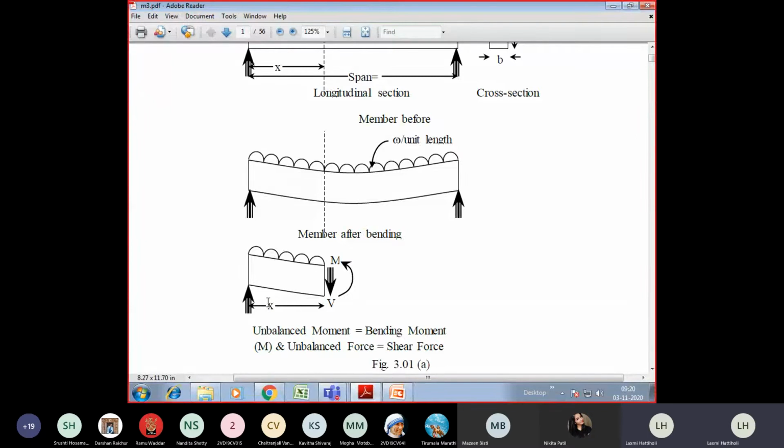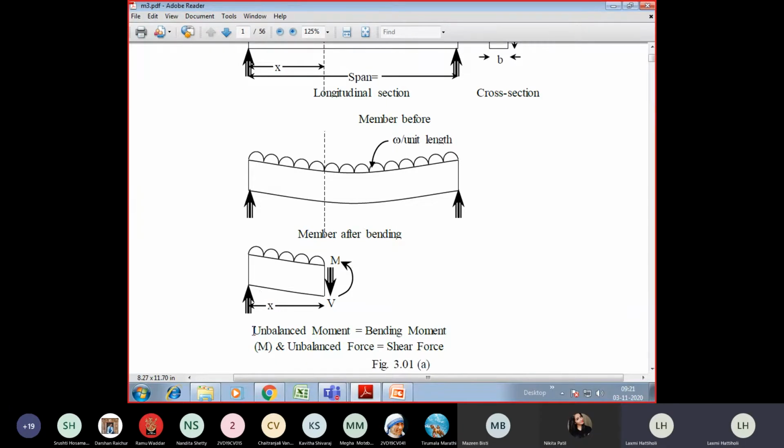So let's see what all the forces that have been generated. Basically, this is a cut section of the beam. You have this UDL, right? Wherever the cut section you have taken, the half portion of the UDL must always exist. So this UDL remains the same. And what is the intensity of this half UDL? It is once again W per unit length itself, right?